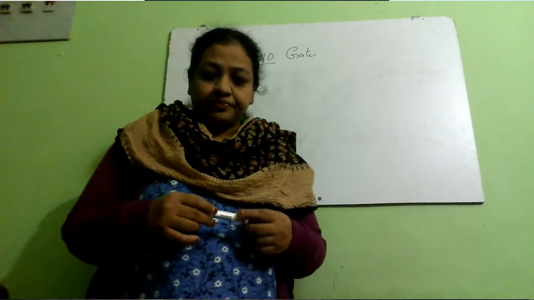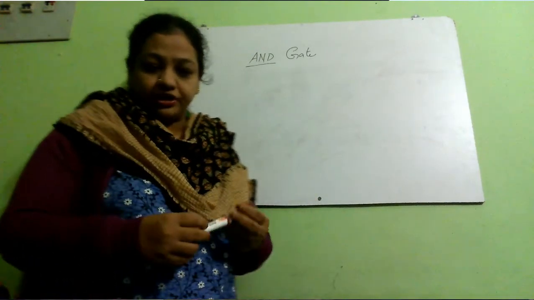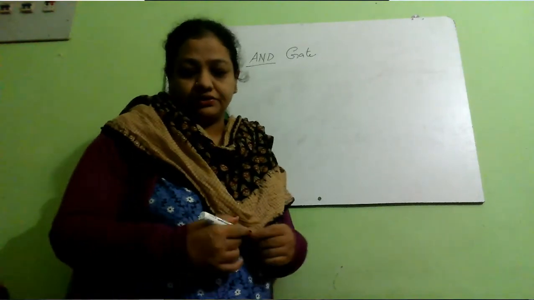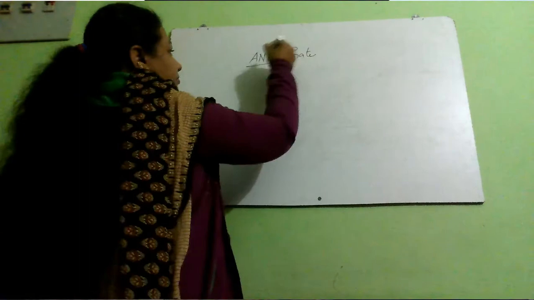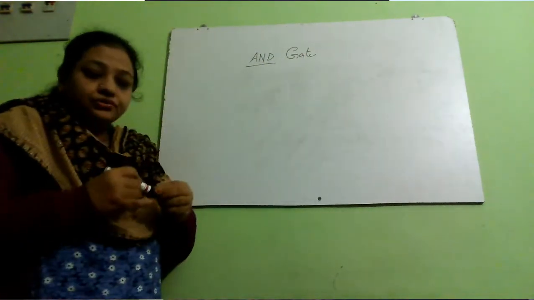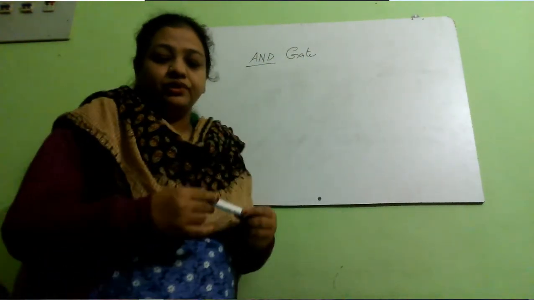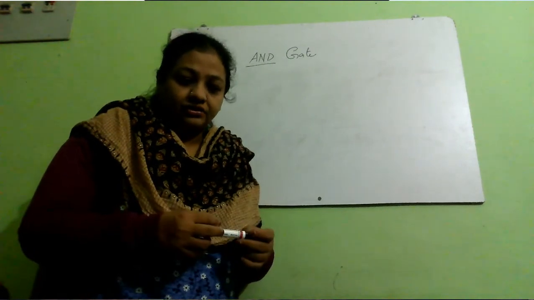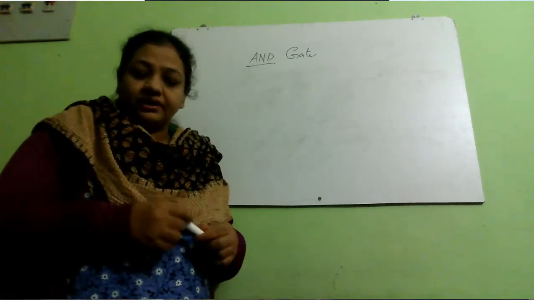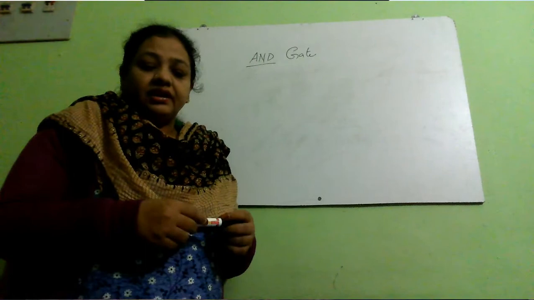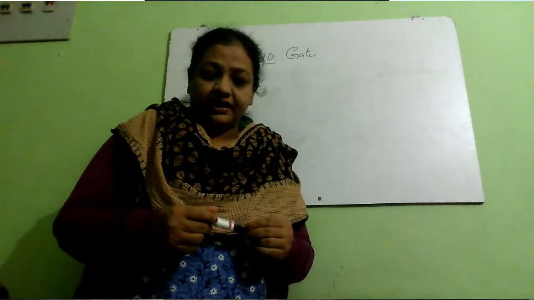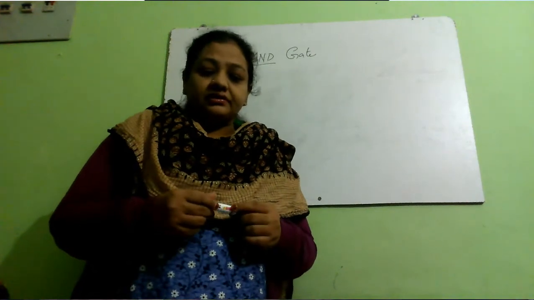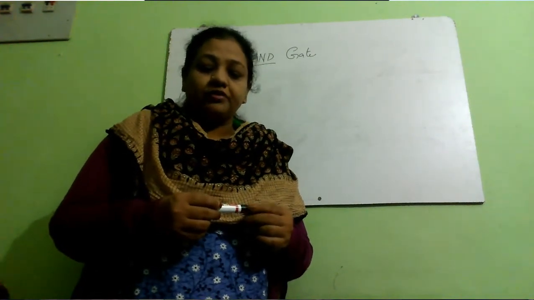As discussed earlier, a gate is a digital circuit which can have one or more inputs and only one output. The logic gates are also called the basic gates, as they are used to perform the basic operations of Boolean algebra, that is AND, OR and NOT. These gates are also called logic gates.